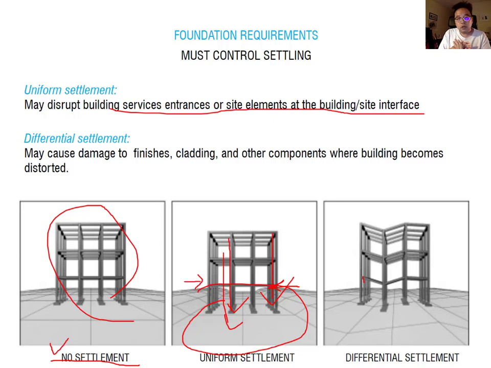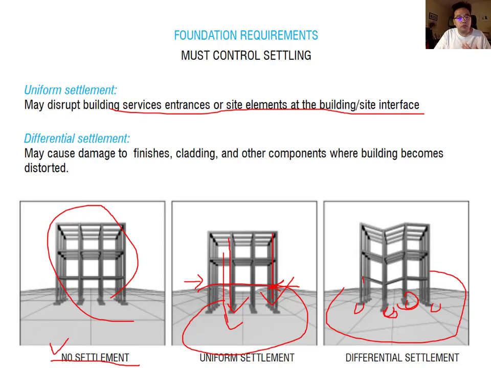It causes distortion in each segment of the structural members. Therefore, it can cause severe structural damage. So you can see this site. Each point has a different earth condition. That part is complete, but this part is very weak. So that's why the structure member is distorted. It damages the finish, the cladding, and other components where the building becomes distorted. So that's why we should consider the earth condition to design the foundation, because of uniform settlement and